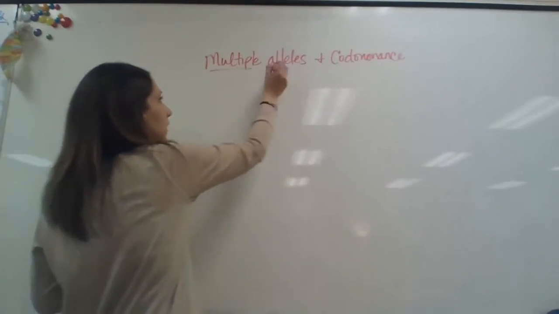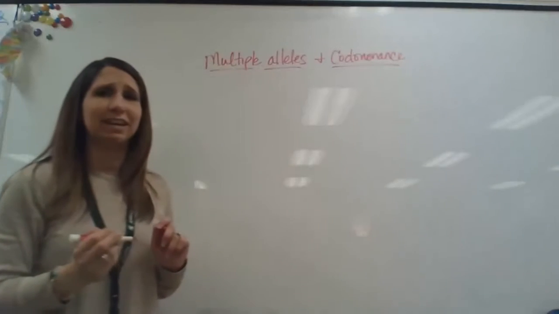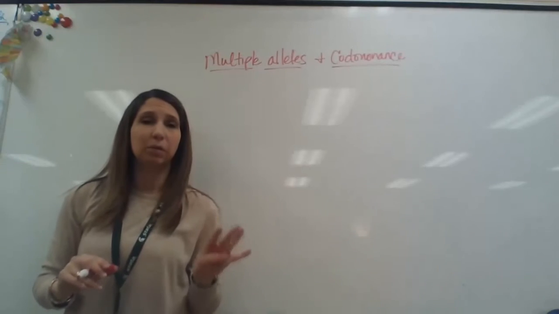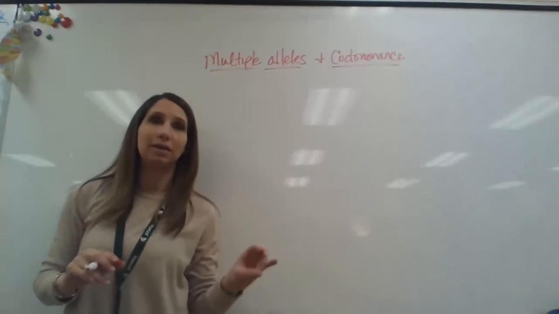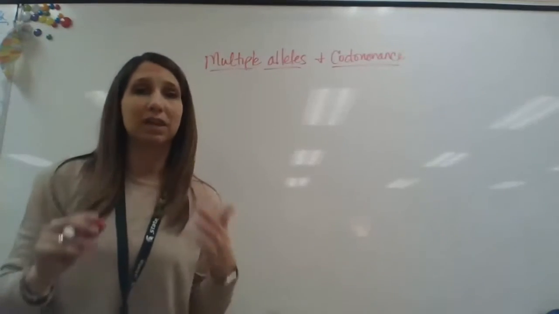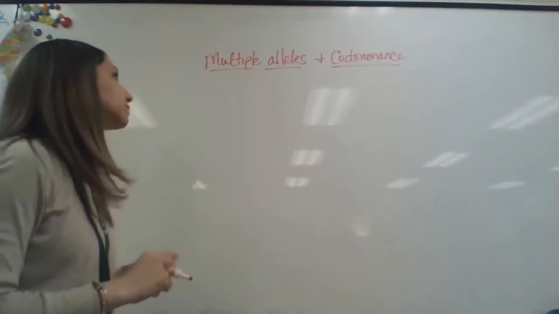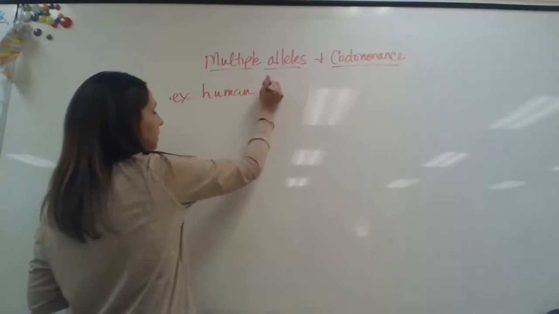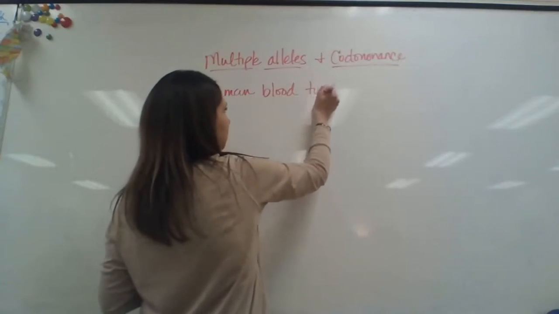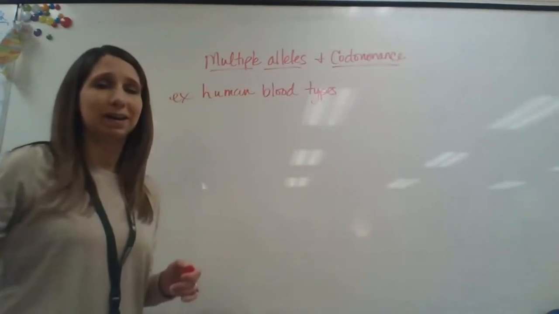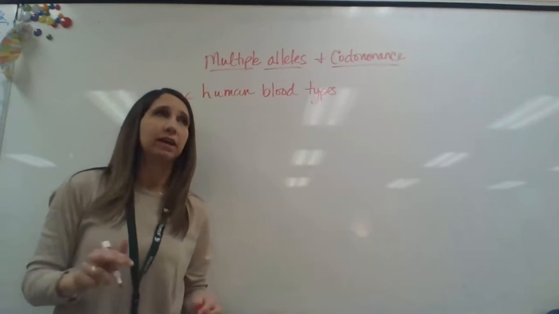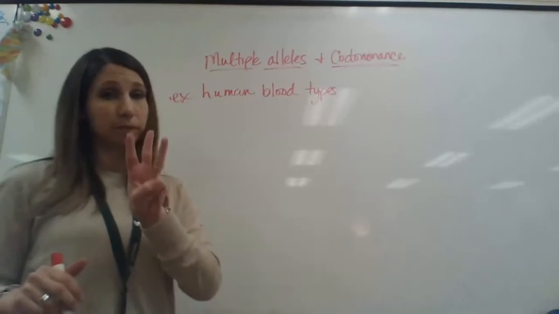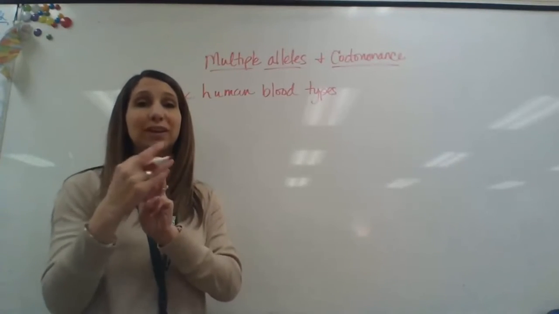So when we talk about blood types, like I mentioned in the first part of the screencast, humans can have 4 different blood types at minimum, right? You can be A, B, AB, or O. And then within those categories, you can be positive or negative for each one. So if we're going to go down that road and say this is my example, human blood types, if we ignore the part about positive and negative, and just focus on the A and the B part of things, then what we can identify is 1 gene, but 3 different alleles